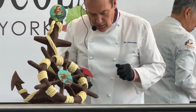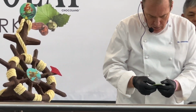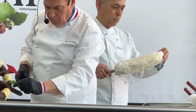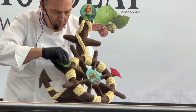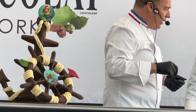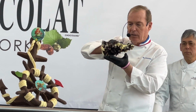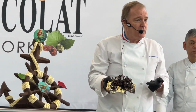So what we did, I went to buy some ice, and let me take a piece of that one here. Okay, just like that. Let's put it a little bit on the other side here. Yeah, that's good. So I take some ice, and I put ice on the bowl, and then we put some dark chocolates, a little bit of cocoa butter. Then we did the same with white chocolates, a little bit of cocoa butter, and we pour both of them. So that was like that. So we pour the chocolates over the ice. You let the ice melt, and then you're going to end up with something like that, which look like